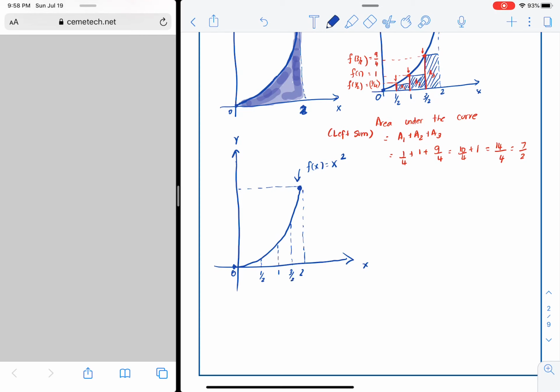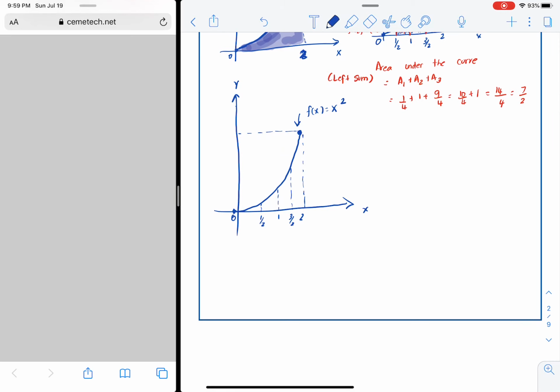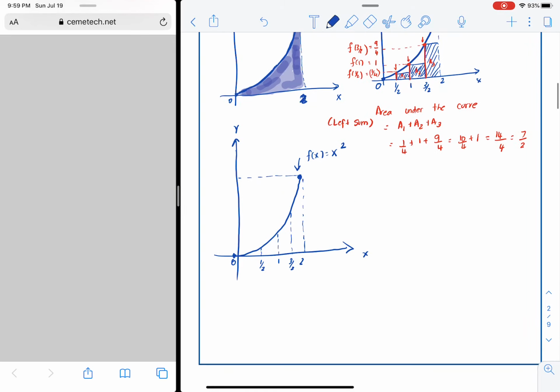Only this time, instead of starting on the left-hand side, I am rather going to pick the right-hand side. So by right-hand side, I mean the right endpoints. So the rectangles that I am planning to have are